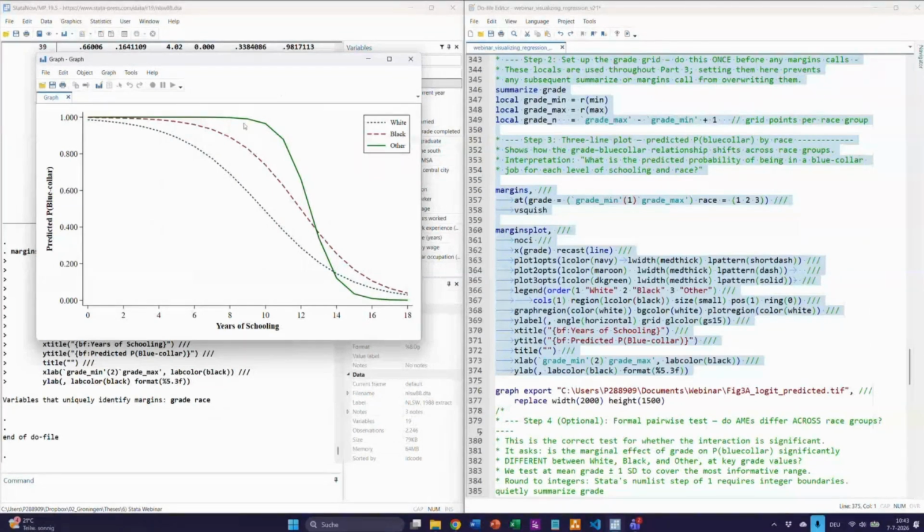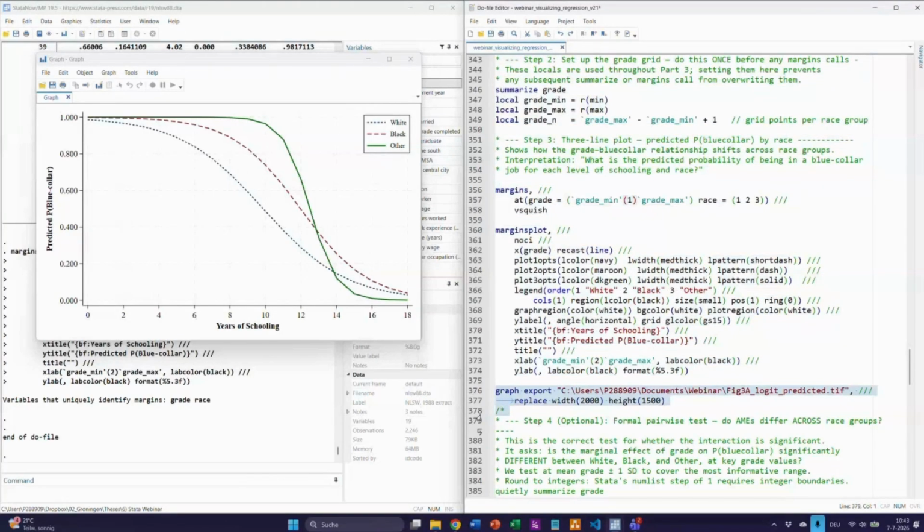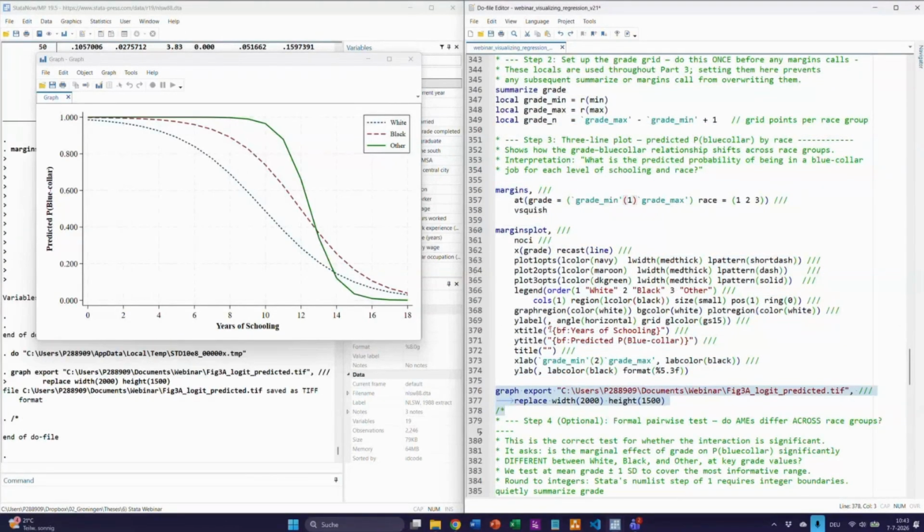We also see that this relationship is different depending on the race. So for white, the decline is earlier and stronger than for black and other, for example, here. The question that we now want to answer is whether these differences that we see here in the three slopes is also statistically significant. What I need to do in order to assess this is we need to compare it